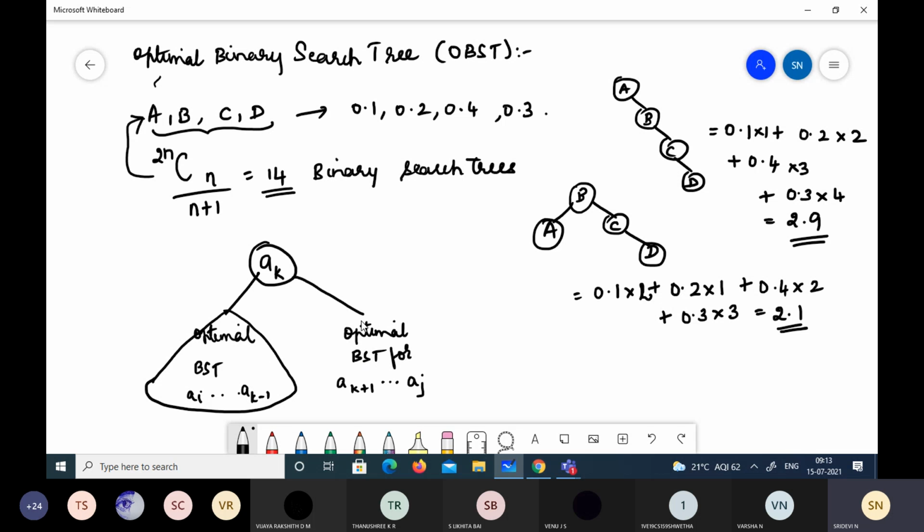You all know what a binary search tree is, isn't it? So what is a binary search tree? Left will have lesser keys and the right will have larger keys with respect to the root node.